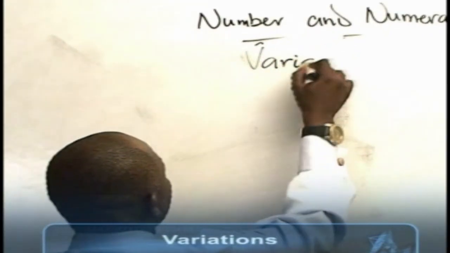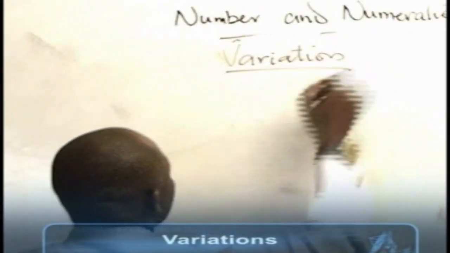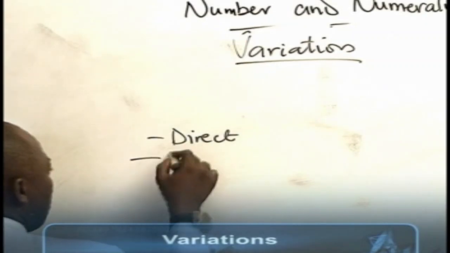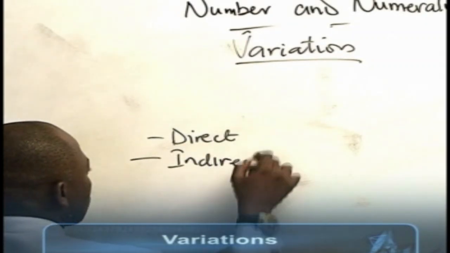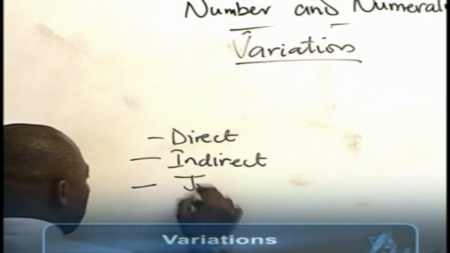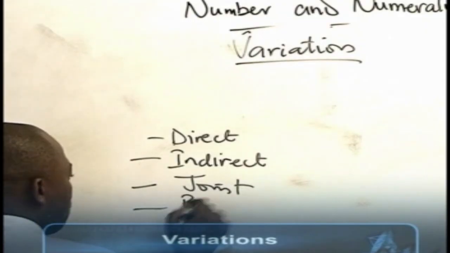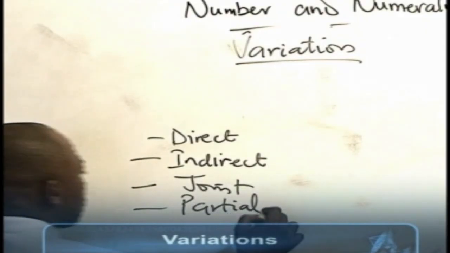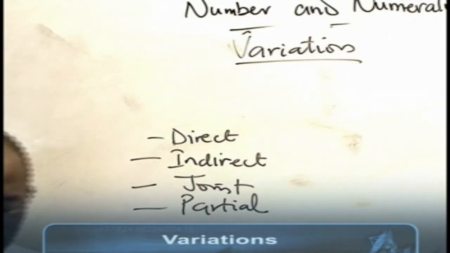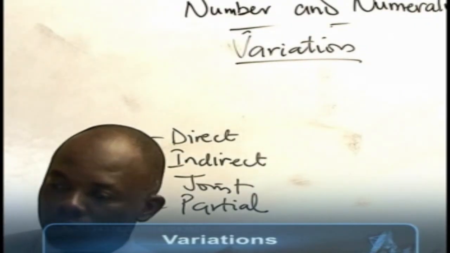Variation. Now, I said number 1, we have direct. We have indirect. Number 3, we have joint. And we also have partial. These are the 4 types of variation you will experience or encounter in questions